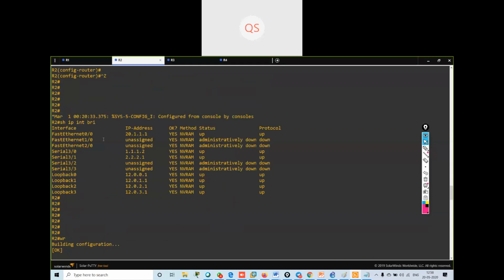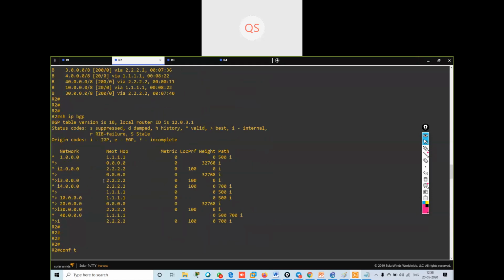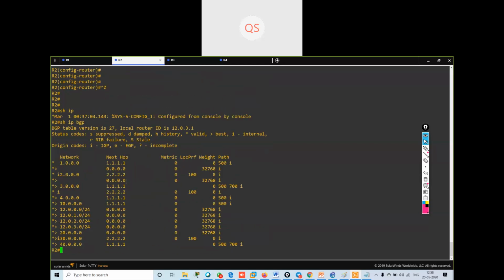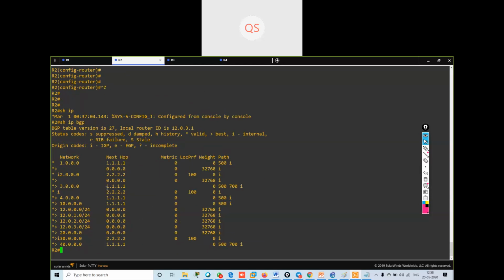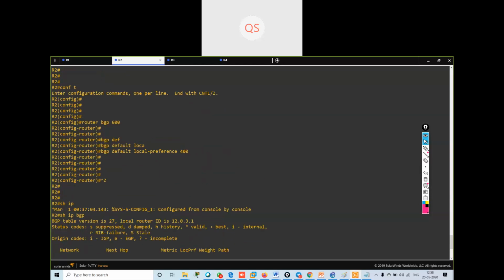Previously, if I verify this table, see, the 3 dot network was going via 2.2.2.2, but now my 3 dot network is going via 1.1.1.1. I have changed the local preference value for exiting routes.